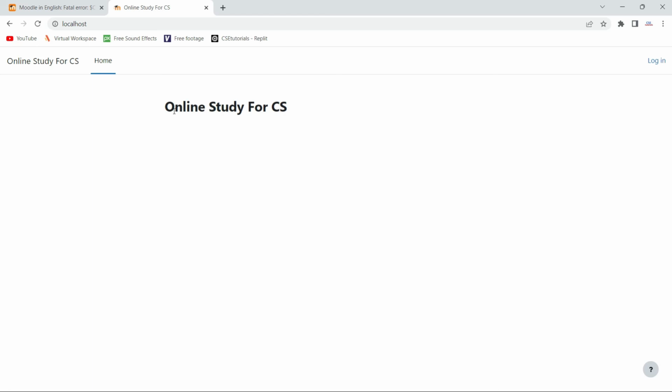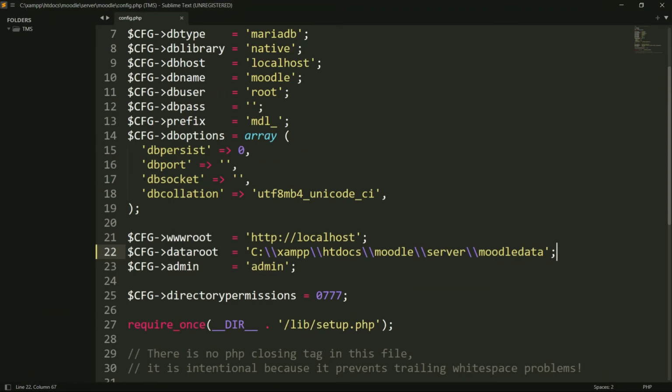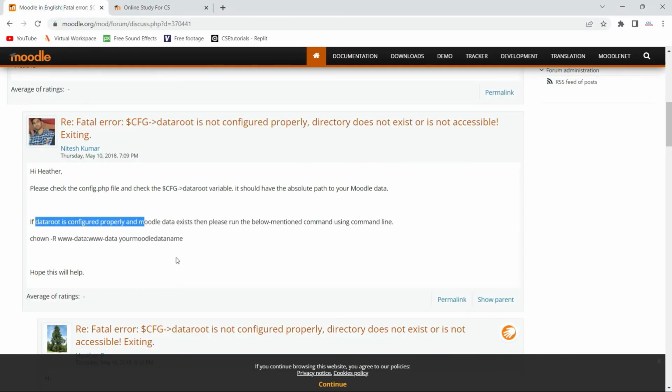So what we did, basically, we have set the data root variable to the path of our Moodle data folder. So this path should be correct. This can be the first reason for the error. I have shown you on the Moodle documentation.